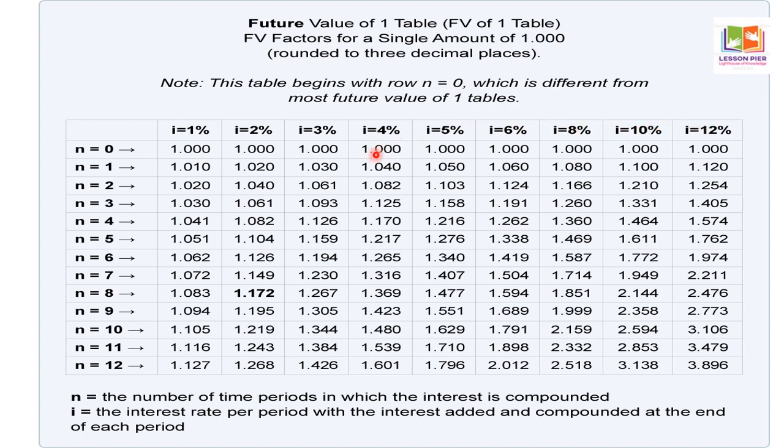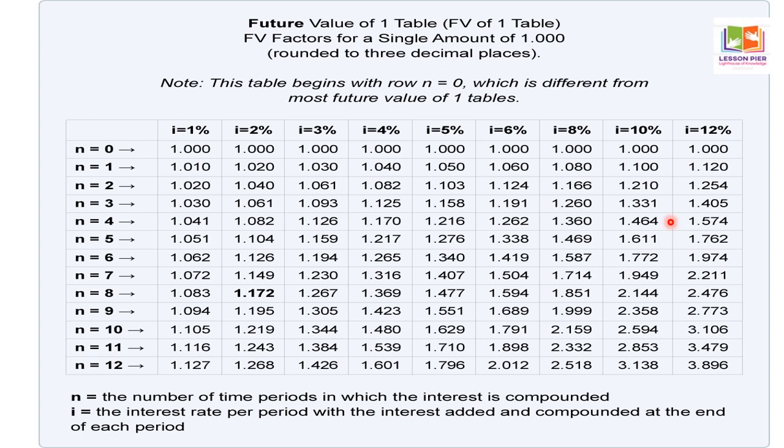So our problem now, we have $100 and our interest rate is 12%. Our year is 4. We follow the table on the 12%. You see, I get this figure 1.574. This is the value if the present value had been 1. So your value would have been 1.574. Now the present value is 100, so we multiply this factor 1.574 with 100, and you get 157.4 value, which is the same as on the previous page.